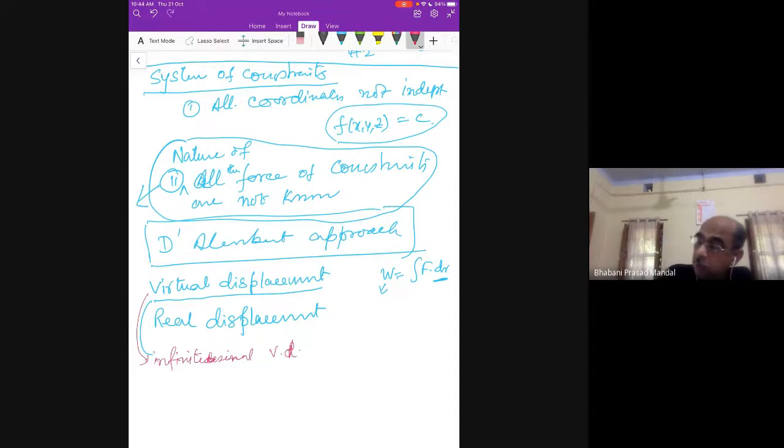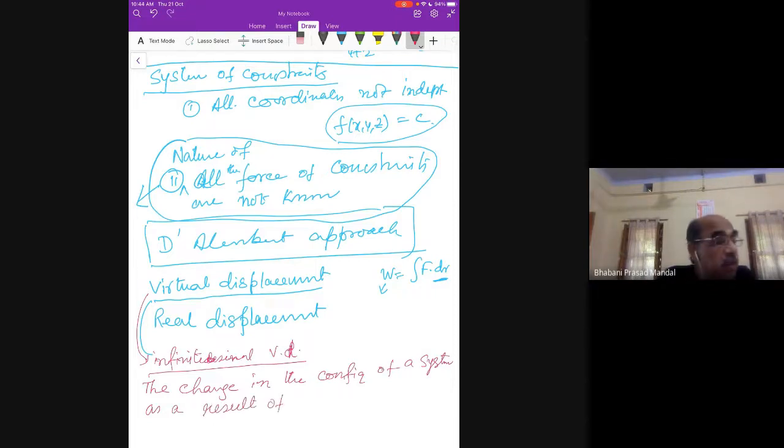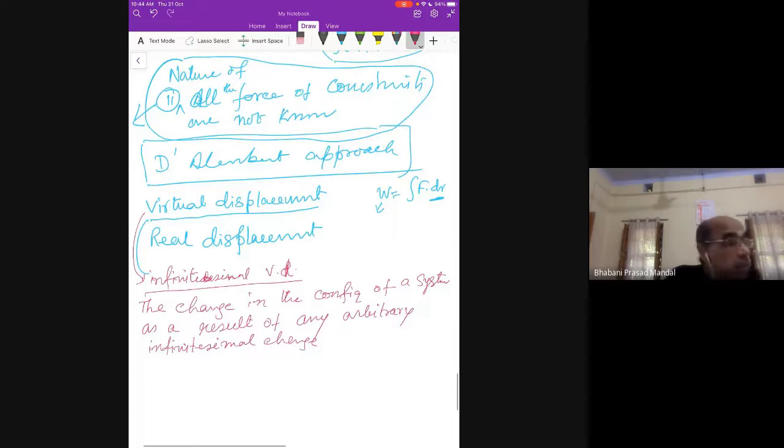The change in the configuration of a system as a result of any arbitrary infinitesimal change of the coordinates,